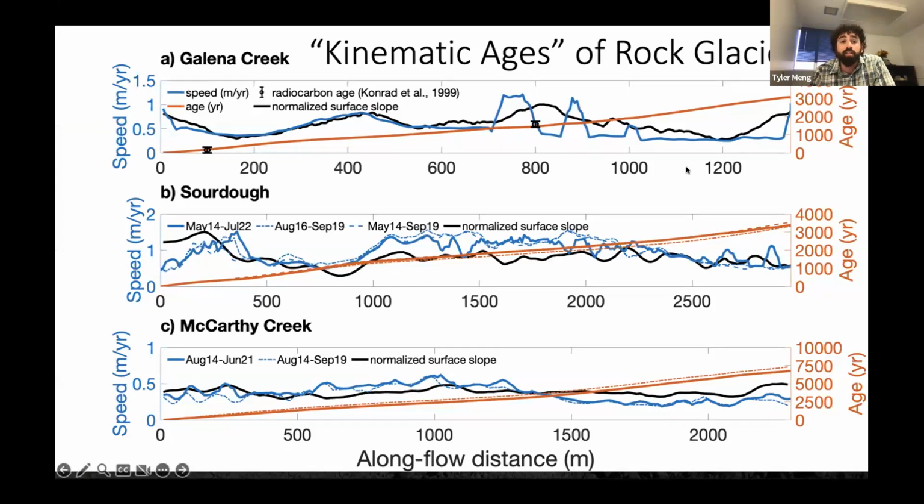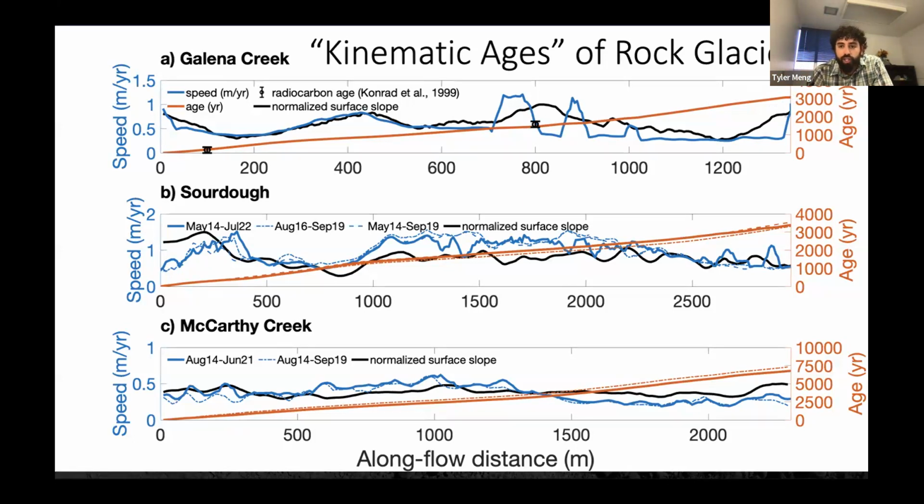So all you have to do to get these kinematic ages of each of these rock glaciers is you take in a long flow profile. And so we have the speed here in blue, and this profile shows the along flow transect along Galena Creek. And all you have to do is integrate that profile. So basically add up how long the point on that surface would have taken, assuming the same velocity field, how long would it take to go from the head wall to that point? And then if we do that all the way to the terminus, we get essentially an age of flow of